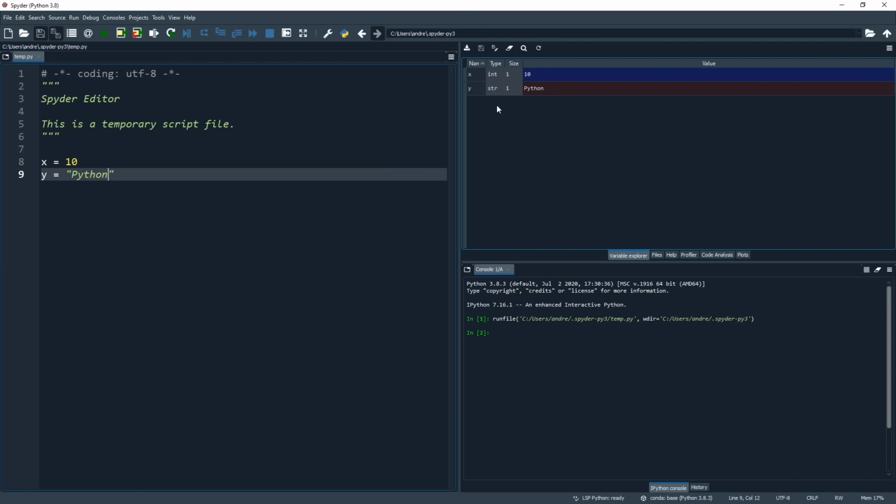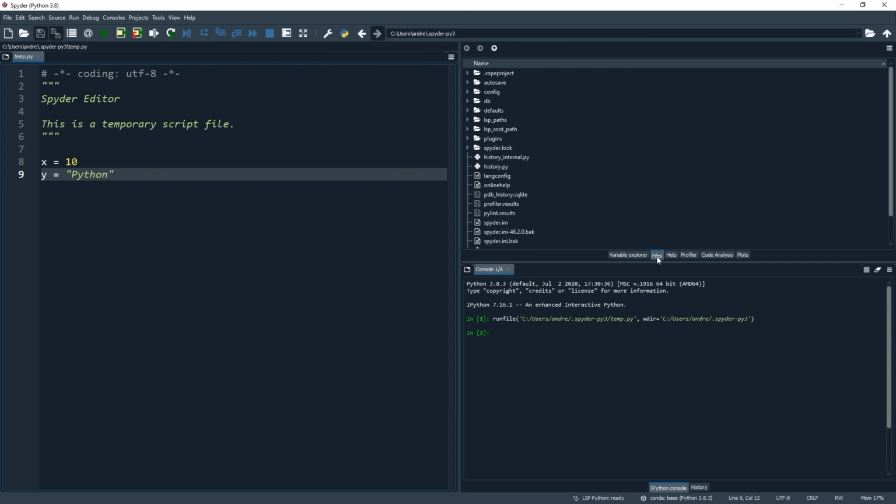We'll be quickly covering off all sorts of different and useful data types and structures in the next video, but this Variable Explorer here is where we will be able to investigate them and see them as they are created. The next tab across after Variable Explorer is Files, and this is where we can view the Python files and any other files that we are using on our hard drive.